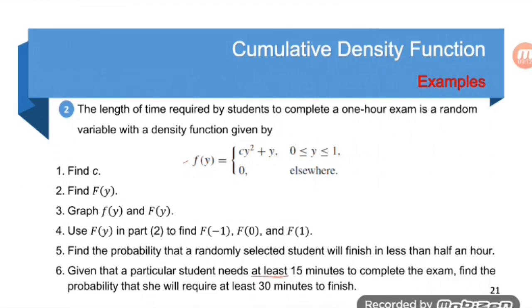So if we have the information that the student already needs at least 15 minutes to complete the exam, what is the probability that she will require at least 30 minutes to finish the exam? As you can see here, this is a kind of conditional probability. So this is computed